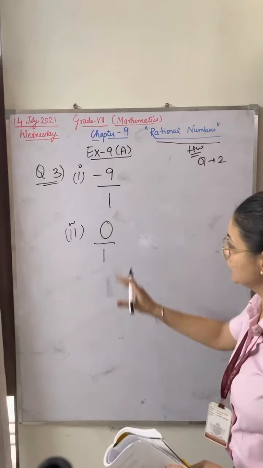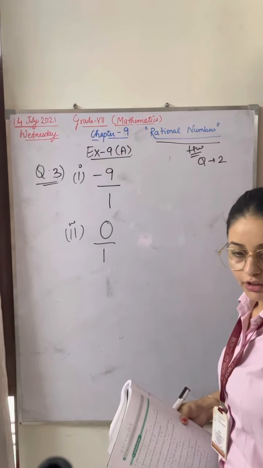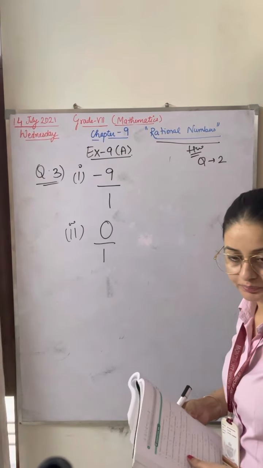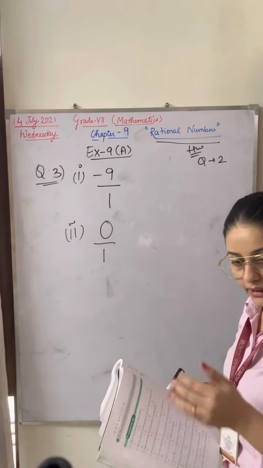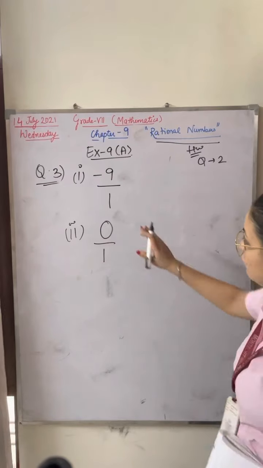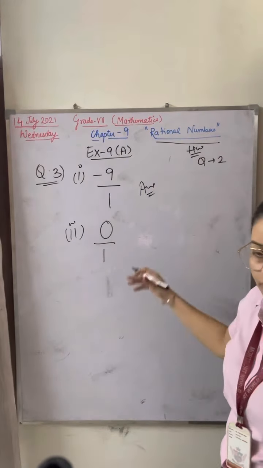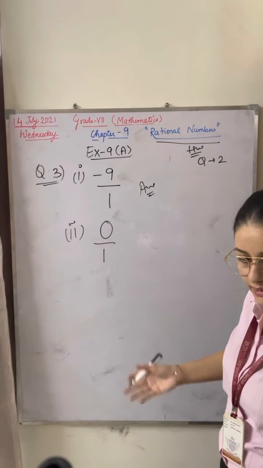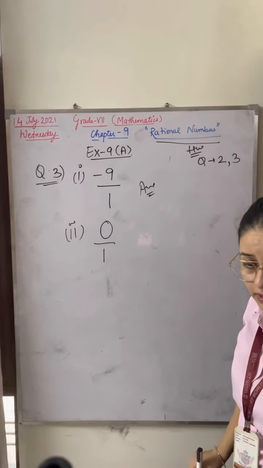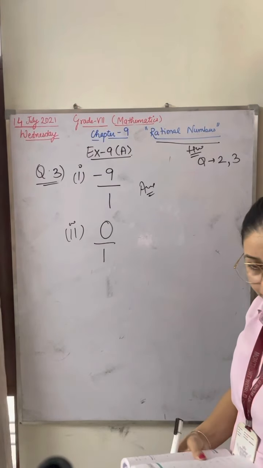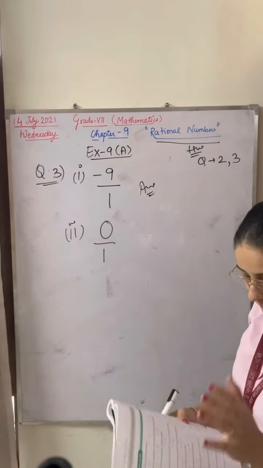So this is your second part. Will you do all the other parts on your own? The third part and fourth part are simple as it is. In the third and fourth parts, you just have to divide by 1. That will be your answer. No need to solve anything else in the questions. So please mark question 3: two parts I've given for homework. In the third and fourth, you divide by 1. That's it.